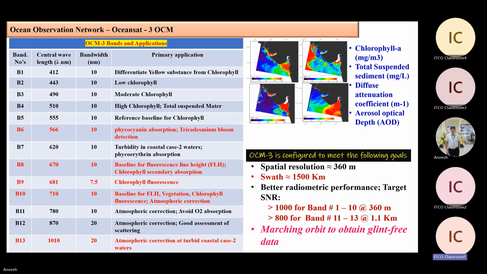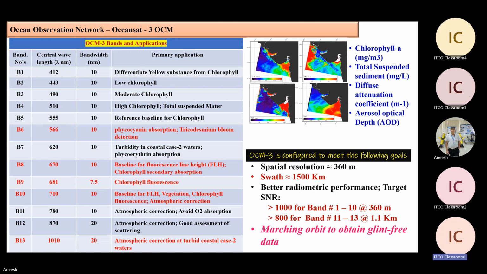And based on the in situ studies, what was found is that it is sensitive to the 566 nanometer band. So accordingly, that band is added. And the rest of the bands have different applications, like the blue and green, used mostly for estimation of the chlorophyll, and then also for the CDOM, shorter wavelength, and then longer wavelength for the atmospheric correction, which is in the near infrared. So all the bands are selected based on the application, and which have been actually decided based on your in